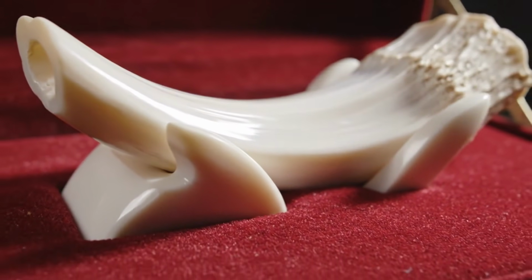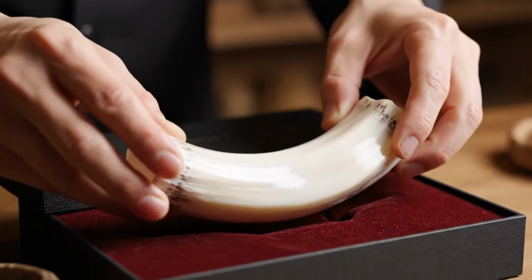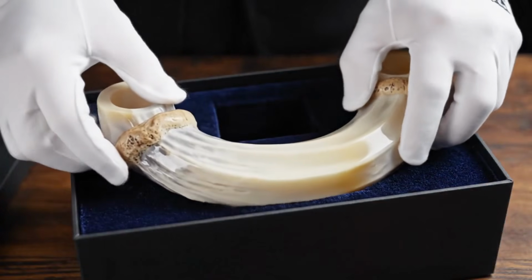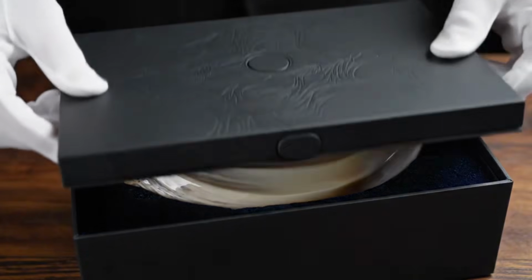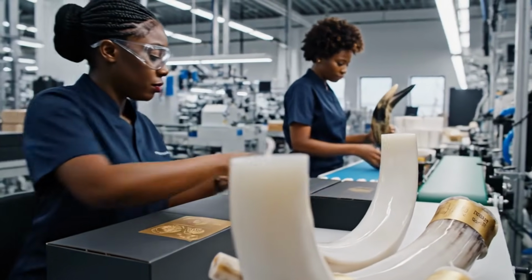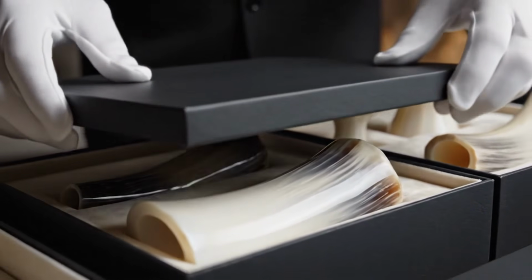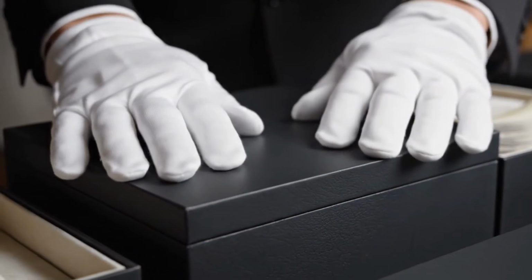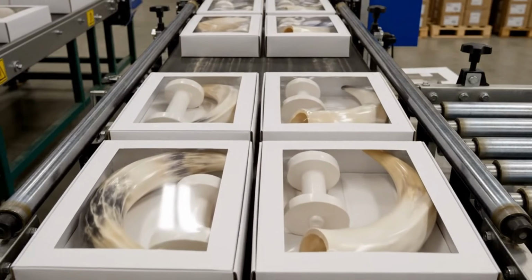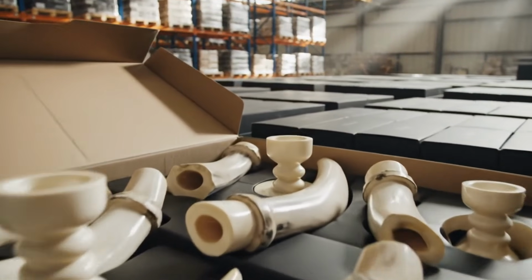Crafted from the finest, ethically sourced white bull horns, each stand is a testament to natural luxury. Each piece, whether a mobile holder or a candle stand,